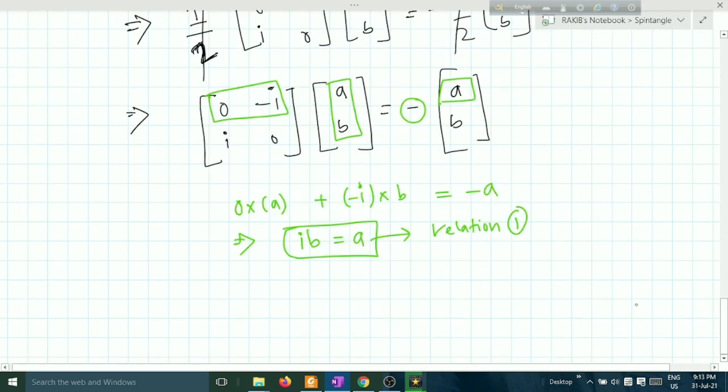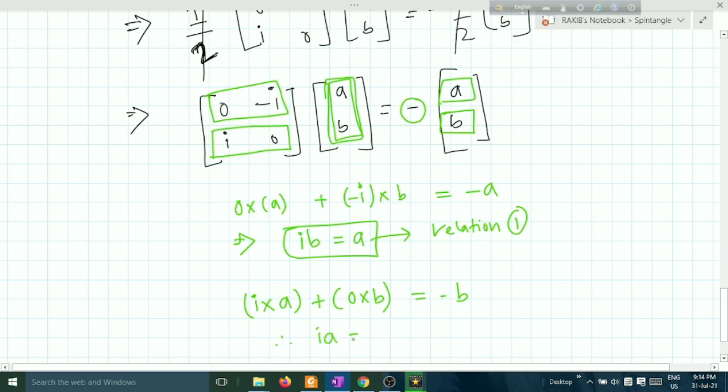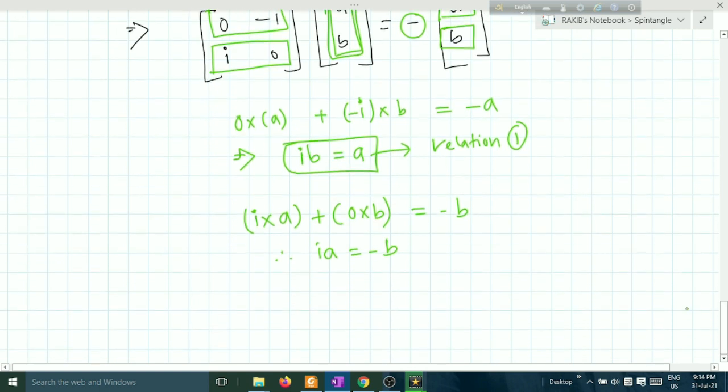In the second row, this row will be multiplied with this column, because this is the single column, and this will be equal to minus b. What happened? i into a plus 0 into b is equal to minus b. This means ia equals minus b. Okay, this gives us that